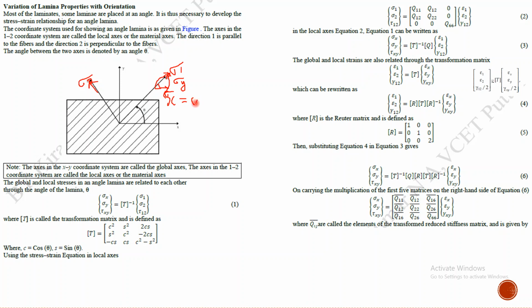Sigma 1 into cos theta, isn't it? Similarly, sigma y is sigma 1 into sin theta. We know that by using simple vector resolving, and the same thing we have to do for sigma 2 as well as tau 12. If you do that all together and add all these things,